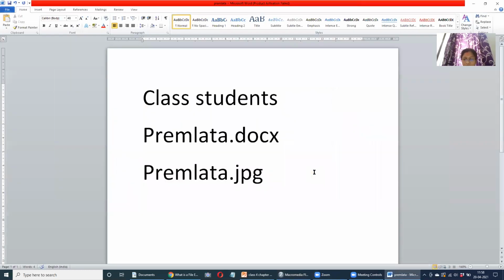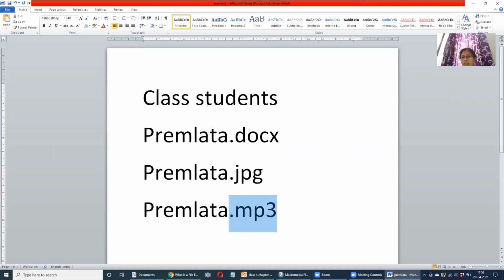Like for example, yes, when I see premlata.mp3, I will understand that this particular file is a music audio file. Okay, now when I see premlata.jpg, I will understand that this is an image file. I don't have to open it completely.